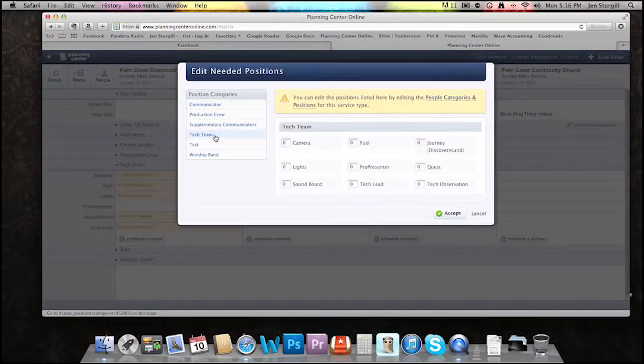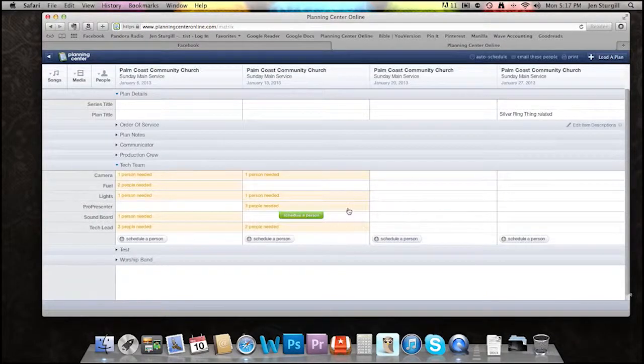Each Sunday might be different depending on your ministry. Tech team stays pretty much the same every Sunday, but you might need more or less people depending on the Sunday. So once you go in and you do that for every single Sunday, you can start plugging people into those